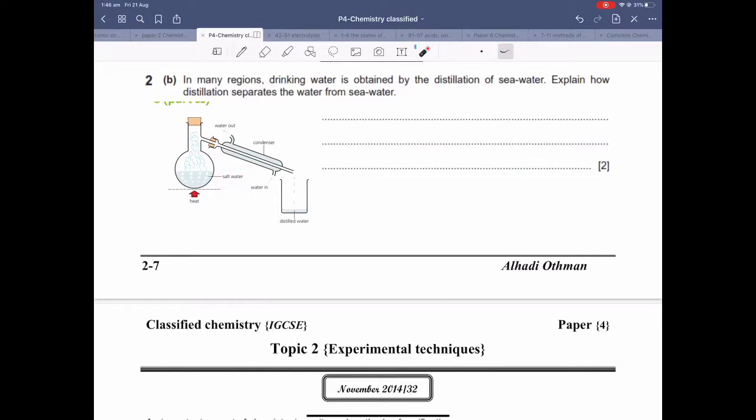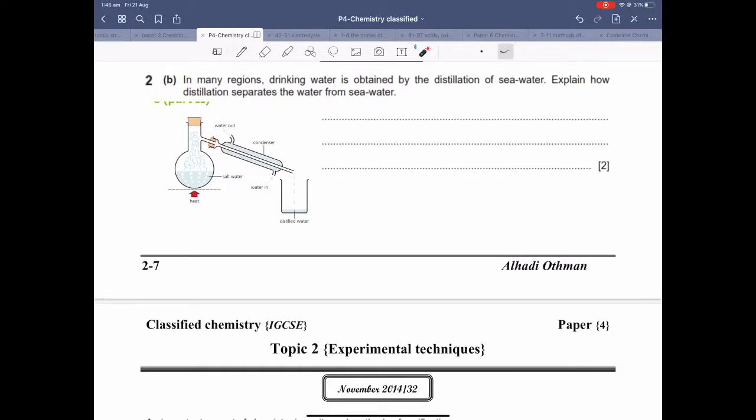When you heat it, the water boils and evaporates. You can see this vapor rising up here. And then the vapor enters the condenser. Notice the salt stays behind. Remember, the salt water is made up of solute, which is the salt dissolved in the solvent, which is the water. So the solvent rises, goes into the condenser where it gets cooled down and turns back into liquid,